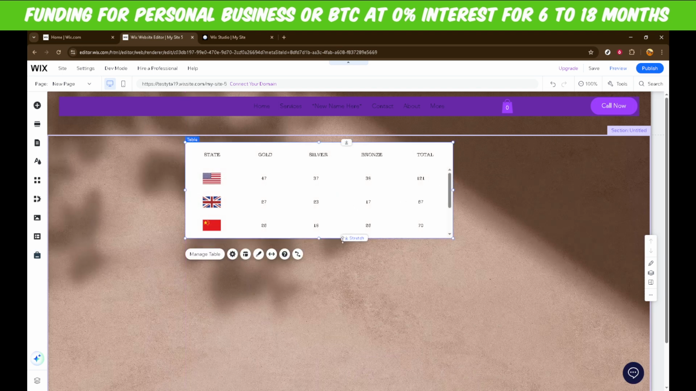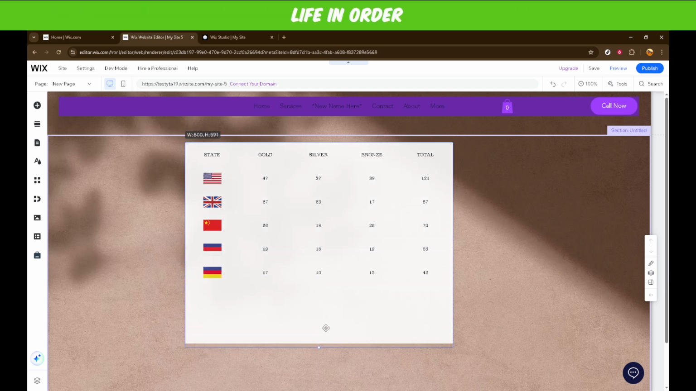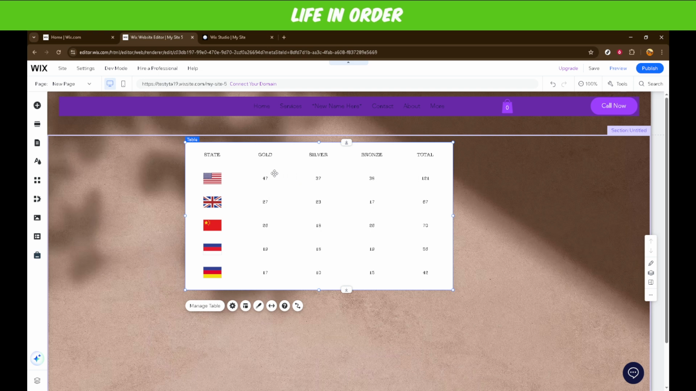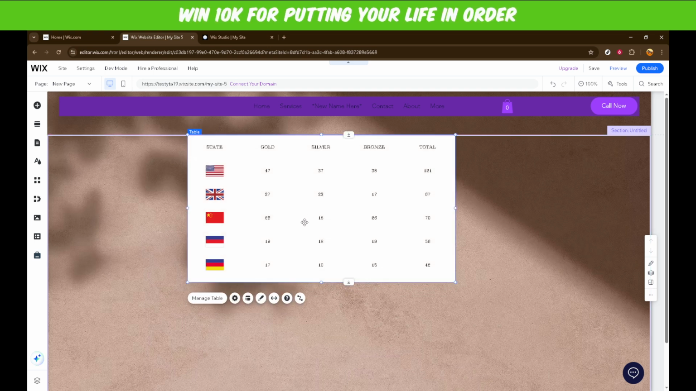With a variety of templates now in sight, take your time to choose a table that complements the design and function of your site. Once you've picked the one that suits your needs, click on the template to add it to your page. Once the table appears on your page, it's time to refine it further to fit your unique